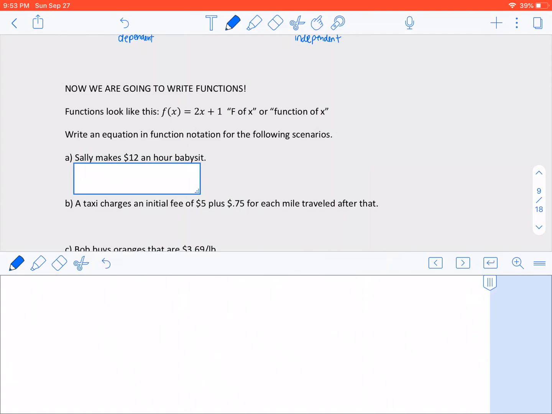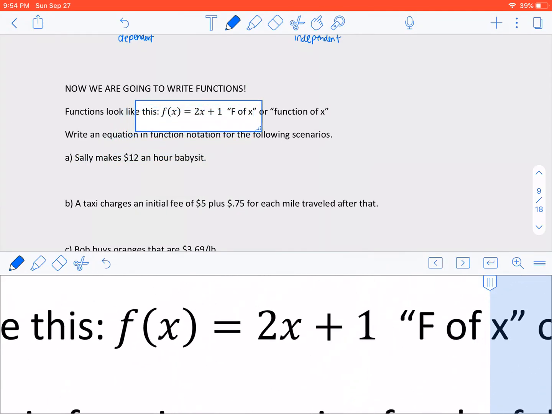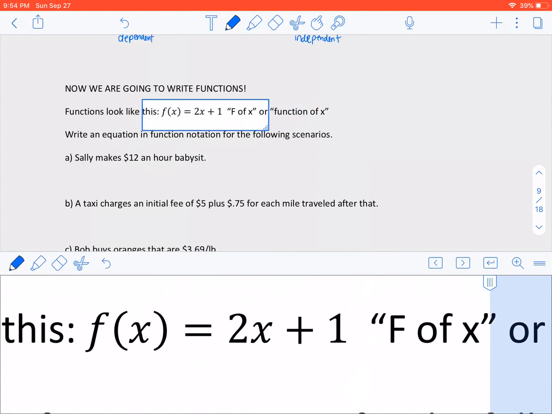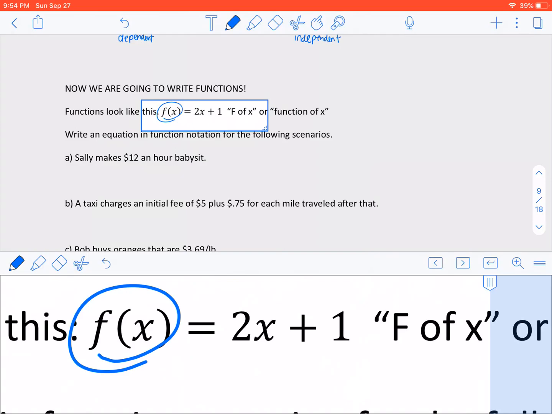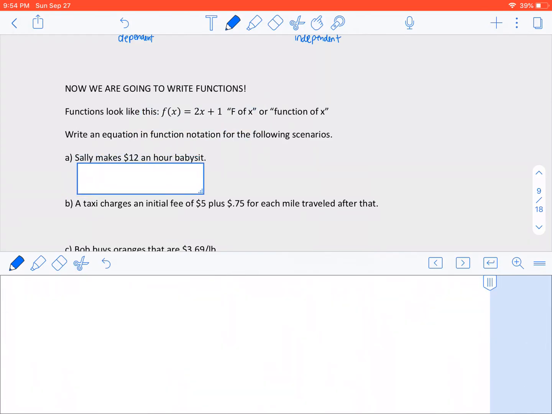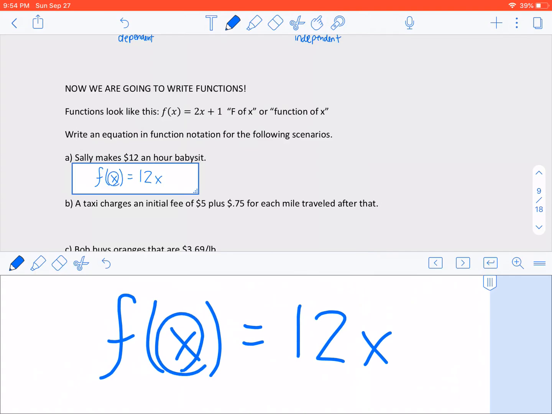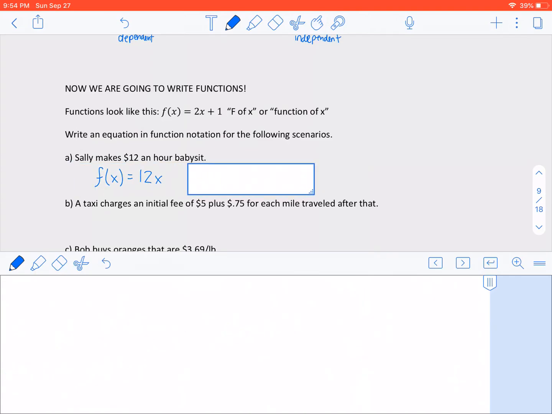So we're going to write this in function notation form. This does not mean f times x. This means f of x, or function of x. In other words, this f of x means the function evaluated at x. So for example here, I'm going to write this as f of x equals 12x. Now if I want to evaluate this function for 4 hours, I would say f of 4 equals